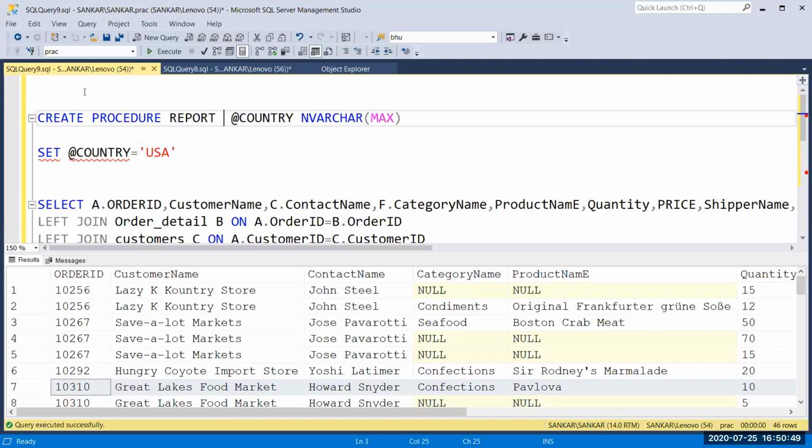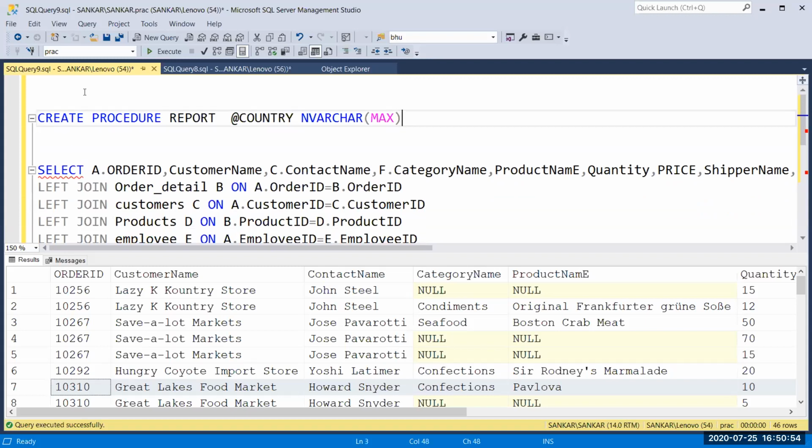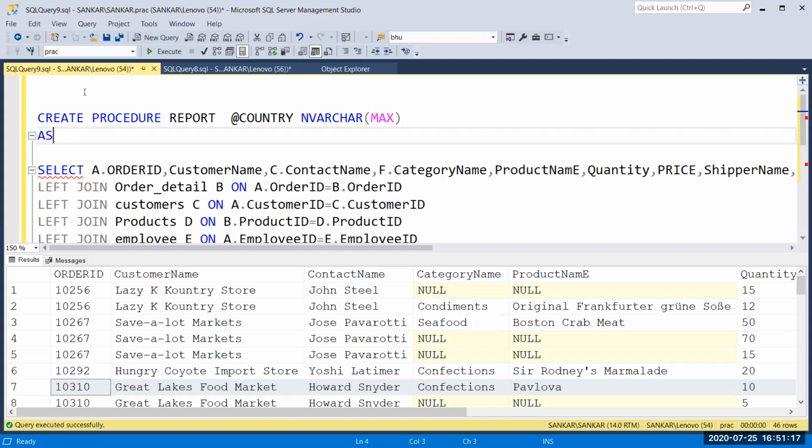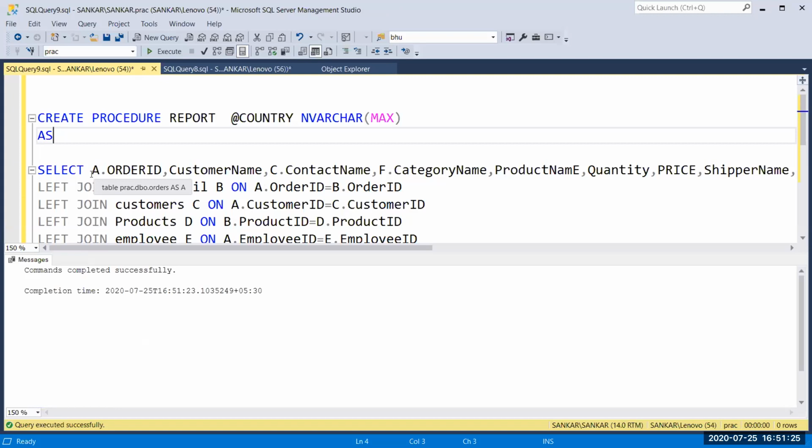Then after that you have to remove this, because we are going to pass the variables while calling your procedure, right? This is the syntax. First you give create procedure, then the procedure name and your parameter. If you want to add one more parameter, just give a comma, then add one more parameter, that's all. Now press F5, your procedure has been created.